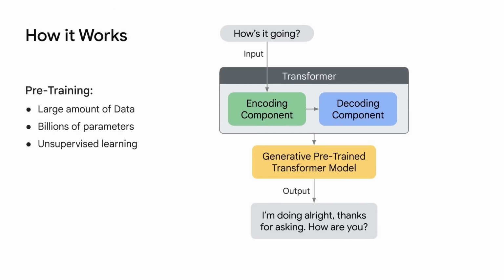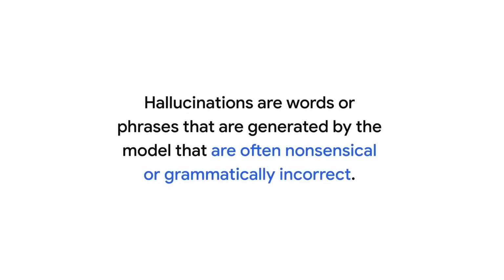Transformers produced the 2018 revolution in natural language processing. At a high level, a transformer model consists of an encoder and decoder. The encoder encodes the input sequence and passes it to the decoder, which learns how to decode the representation for a relevant task. In transformers, hallucinations are words or phrases that are generated by the model that are often nonsensical